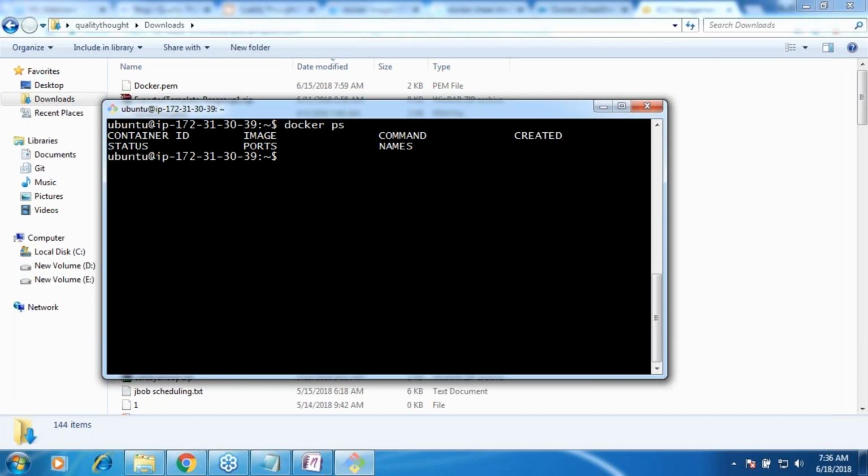So what is the ps command basically? In Linux, what is the ps command? Process command. It gives the running processes, or the current processes. So docker ps will give you information on the containers which are running right now. As of now in the system, there is no container running. But if you want to know the history of all the containers that have been run on the system, you can use docker ps -a.